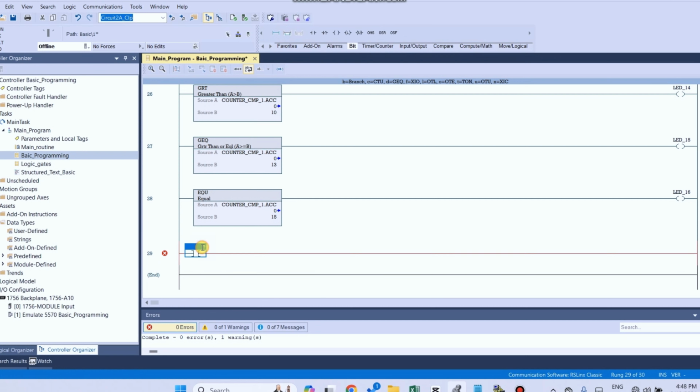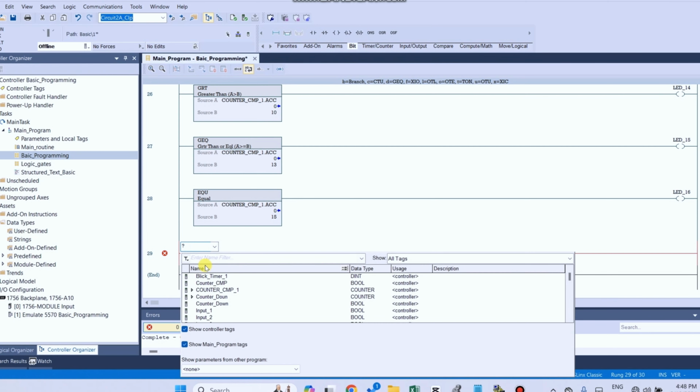XIO, and how many inputs have I already used? Input 31, so its input name is 32.